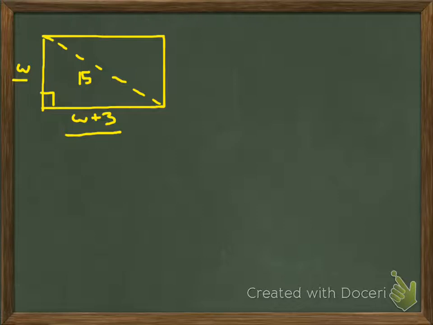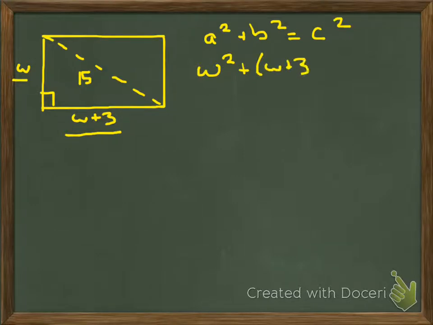So now we're just dealing with this right triangle over here. So we know that the formula is a squared plus b squared equals c squared. So a is w, so we have w squared, plus b is w plus 3, so w plus 3 squared